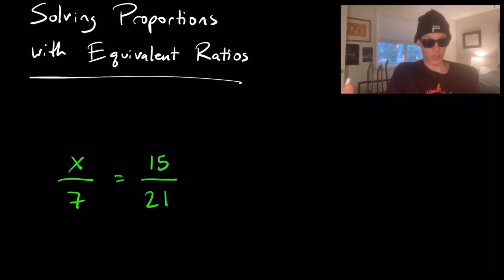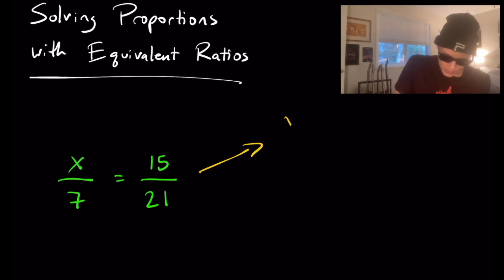Okay, here we are solving proportions with equivalent ratios. This is very similar to what we just talked about in terms of setting the proportions up as two equivalent fractions and seeing what you multiply or divide your numbers by to get the other fraction. So it's better explained by just doing. So one way that we could go about this